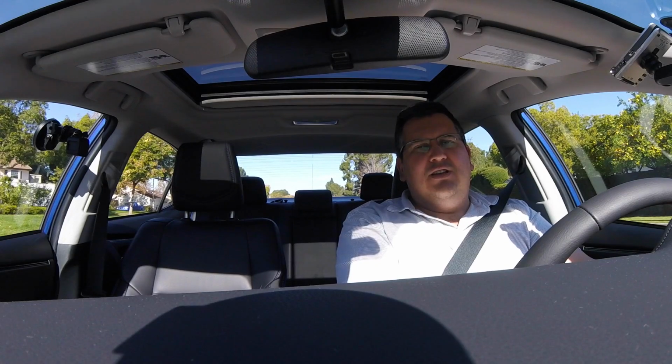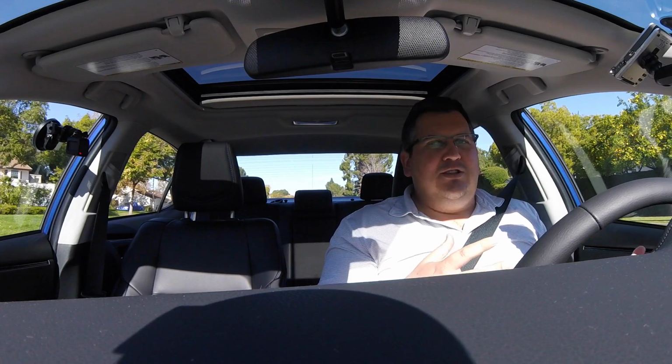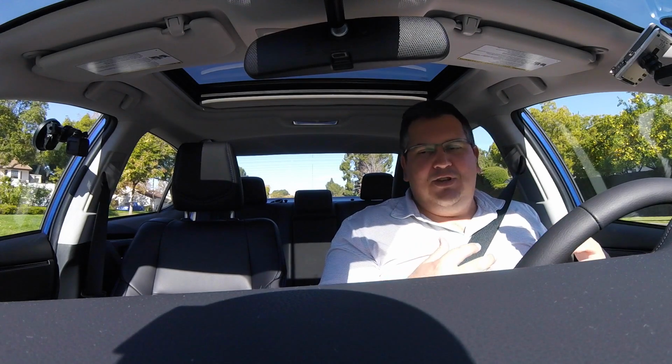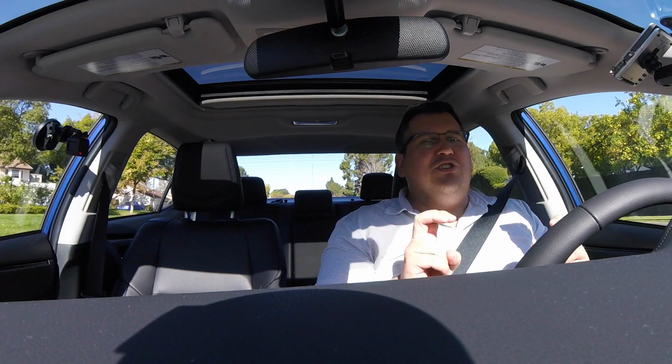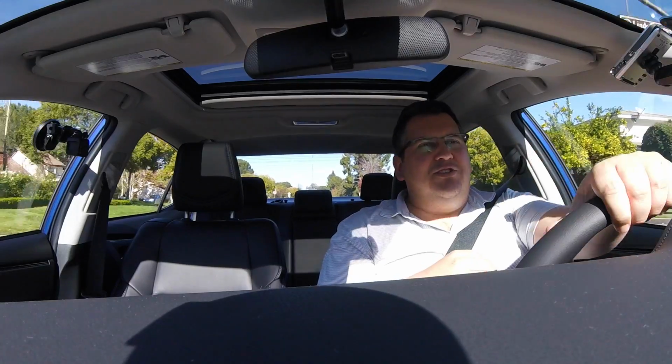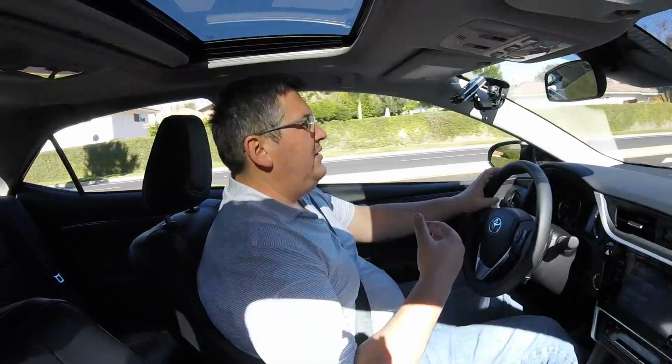It has a CVT, which means the transmission is constantly slishing and sloshing and sliding around on this internal scale to try and get me speed and efficiency at the same time. And it makes no sense, because while this car costs $24,000, there's so much stuff out there at this price range that sounds better, feels better, looks better, and well, here's why you should look somewhere else. First off,